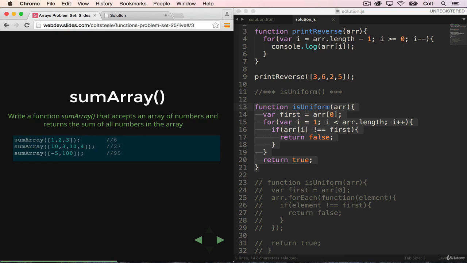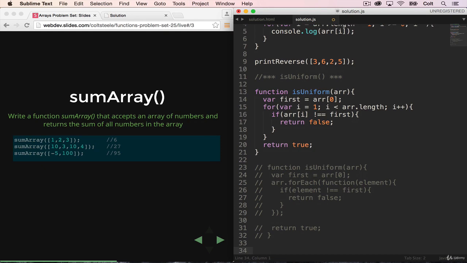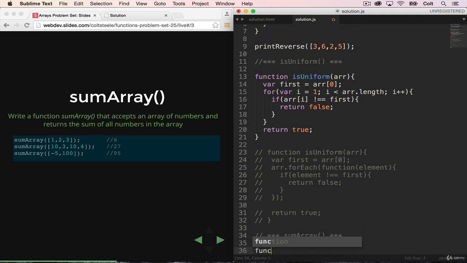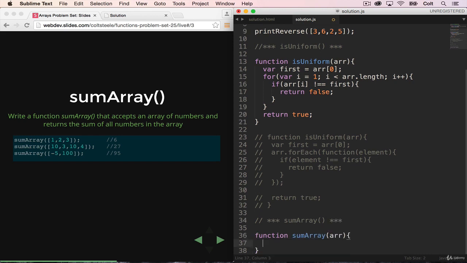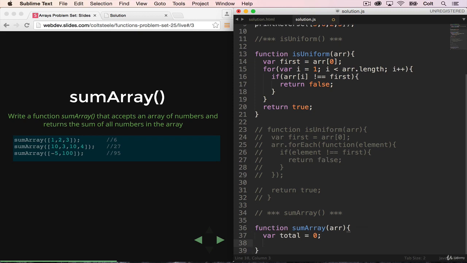Next up, we have sumArray. So sumArray takes a single array and it sums every item inside of it. So we're going to start with my comment, sumArray, and I'm going to declare the function. sumArray takes a single array, and in this case we need to make a variable to hold the total, and then we need to loop through the entire array and add to that total. So I'll start with my variable total equals 0,